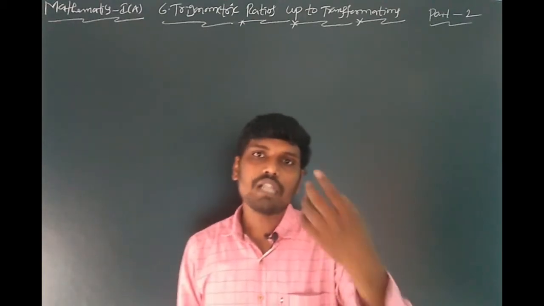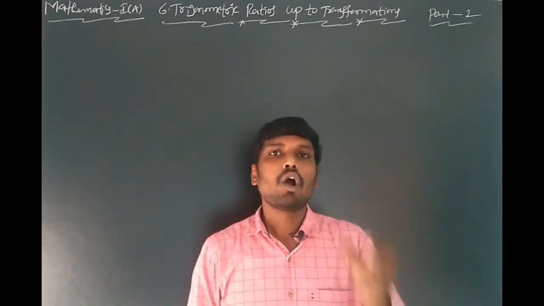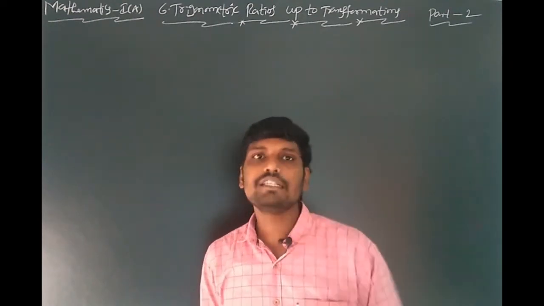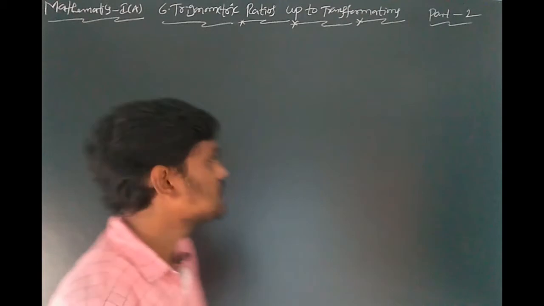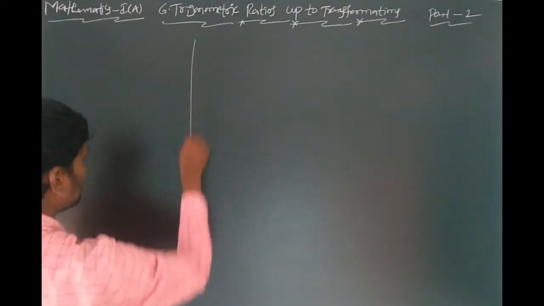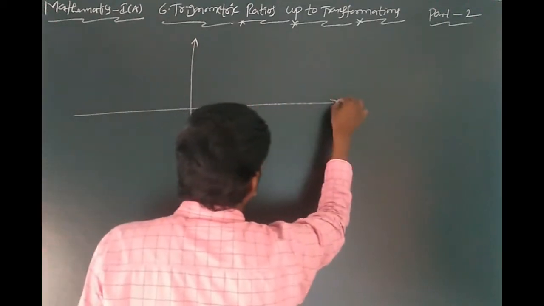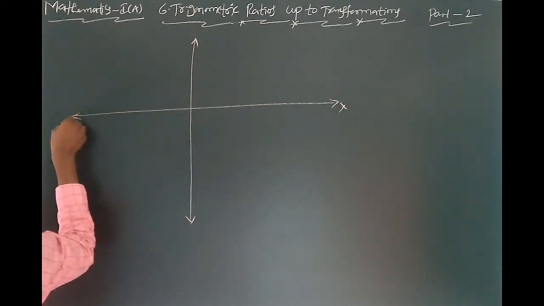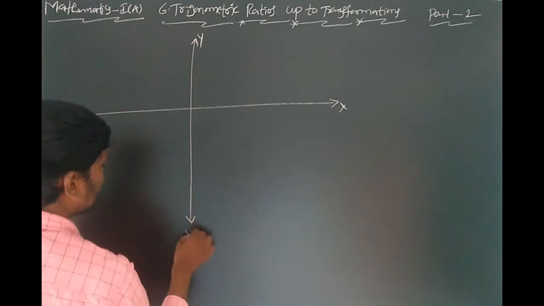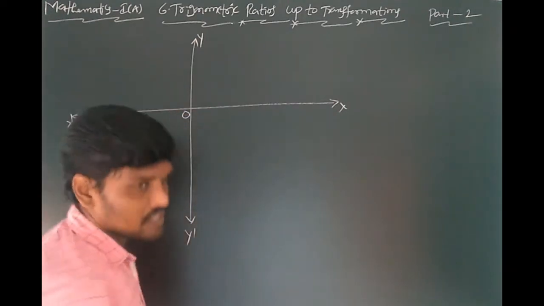Before going to All Silver Tea Cups, you can draw a coordinate geometry plane. Coordinate geometry has two axes. Suppose this one is the y-axis and this one is the x-axis. This one is the x-axis, this one is the y-axis, and this point is the origin.